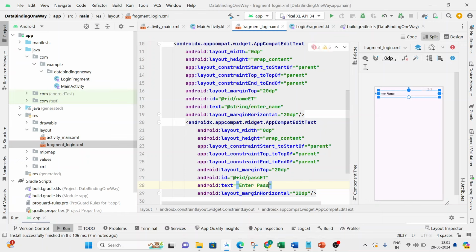to bottom of pass et, and start to start of parent. I will give one margin top of 20 dp, and margin horizontal will also be 20 dp, and one constraint also defined, which is end to end of parent. And here I will give one text